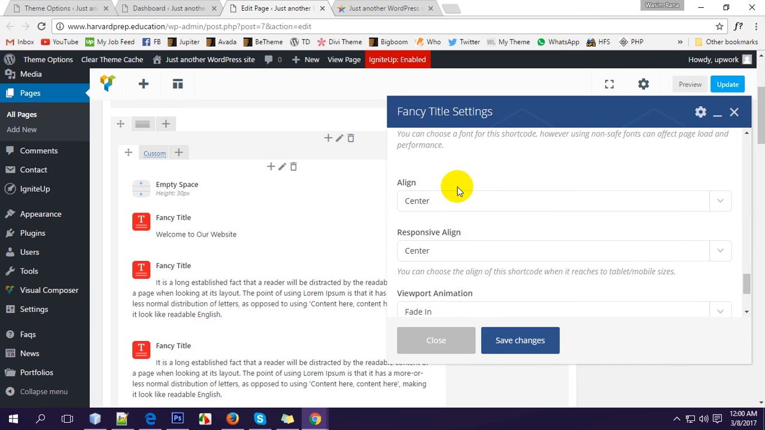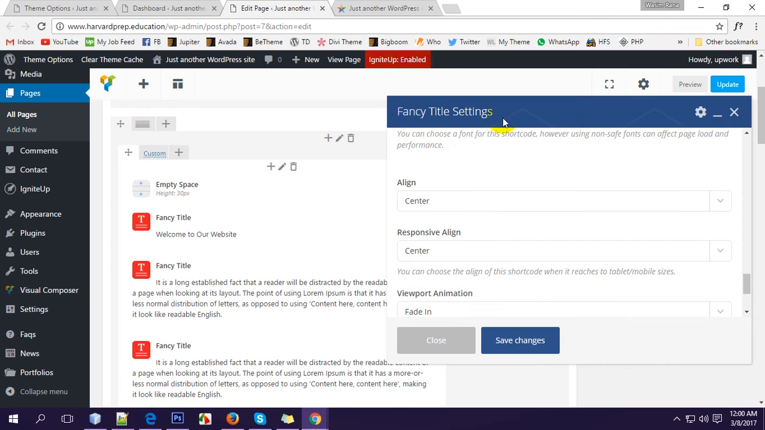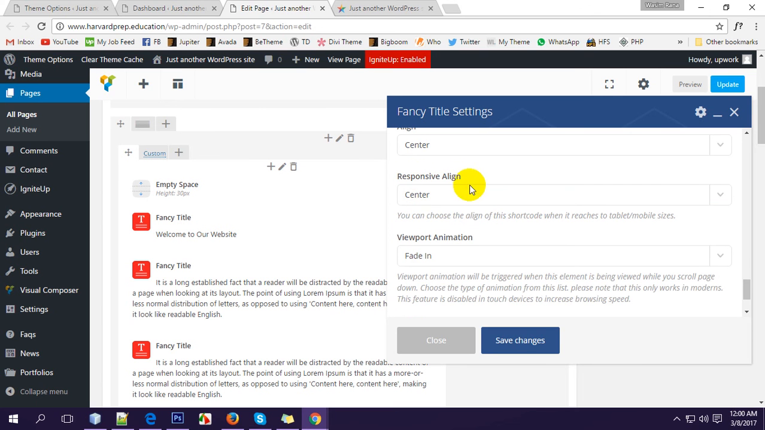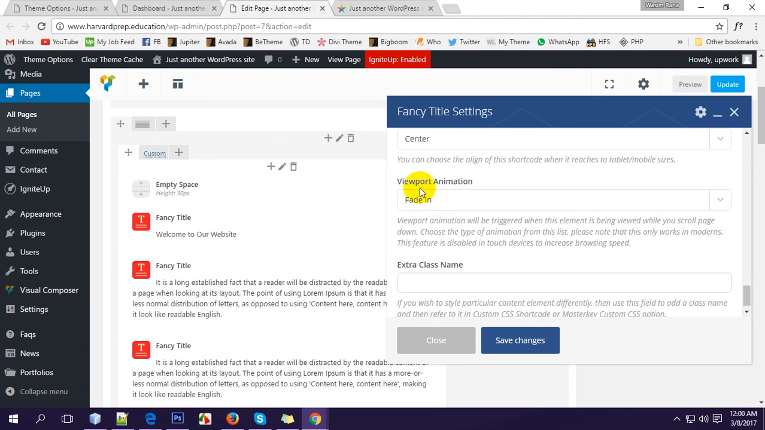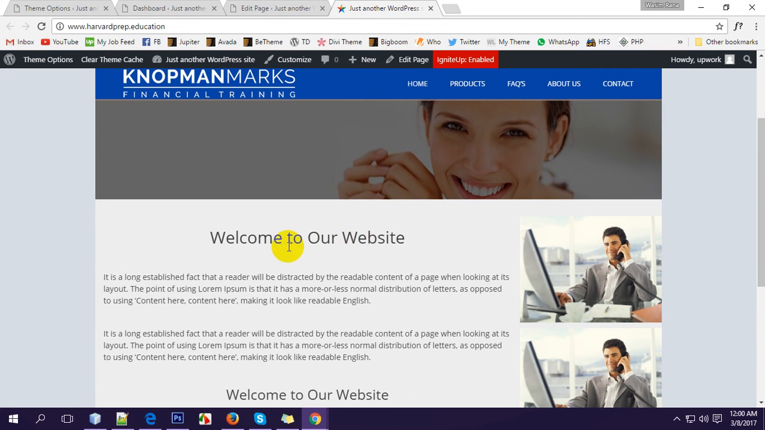So after that, here is the text align, where you would like to put the text. It's in center right now, you can see. So it's in center, you can put it left, right. Okay, so after the responsive align center and viewport animation, it means when the page is loaded, then the